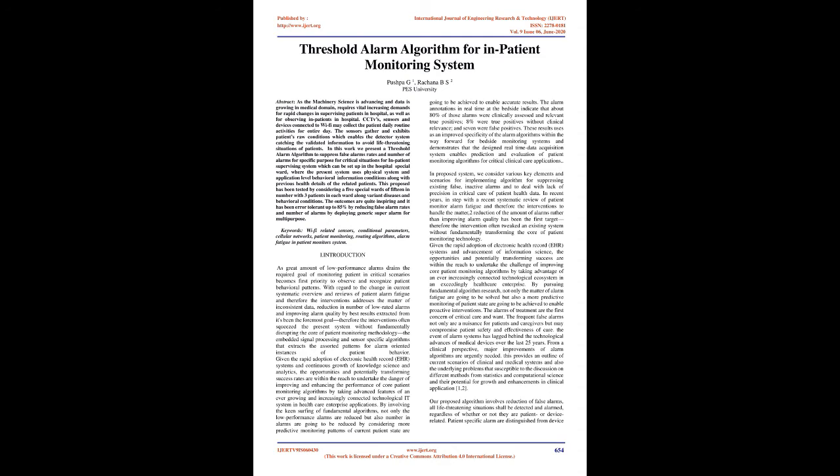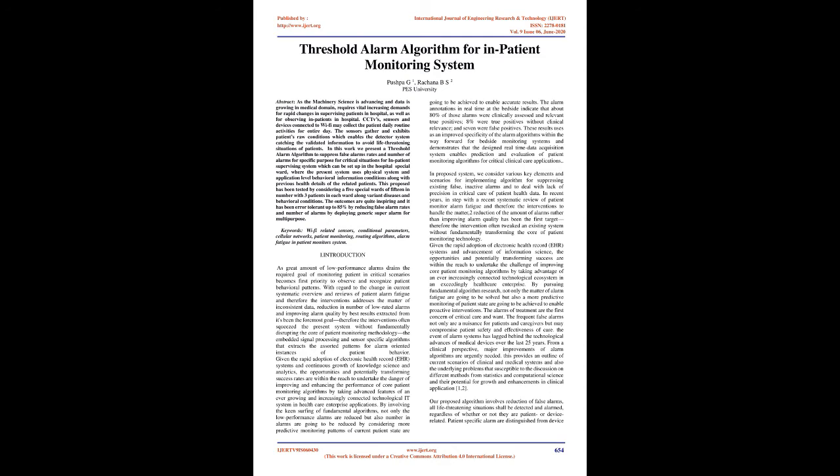The alarm annotations in real time at the bedside indicate that about 80% of those alarms were clinically assessed as relevant true positives, 8% were true positives without clinical relevance, and 7% were false positives. These results show an improved specificity of the alarm algorithms for the future of bedside monitoring systems and demonstrate that the designed real-time data acquisition system enables prediction and evaluation of patient monitoring algorithms for critical clinical care